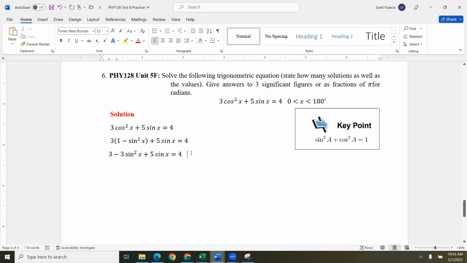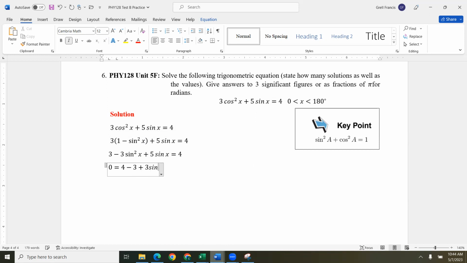So now on the left side will be 0, and on the right side we have 4 subtract 3